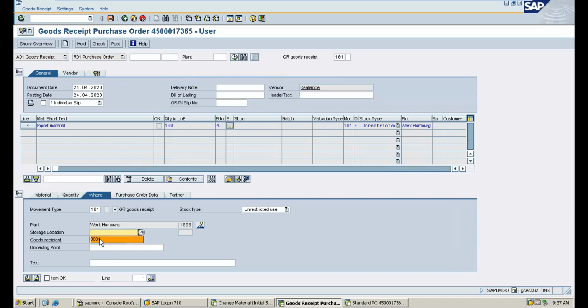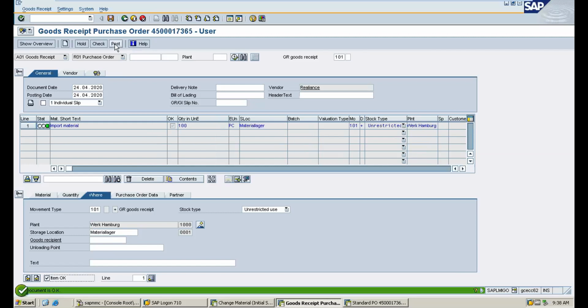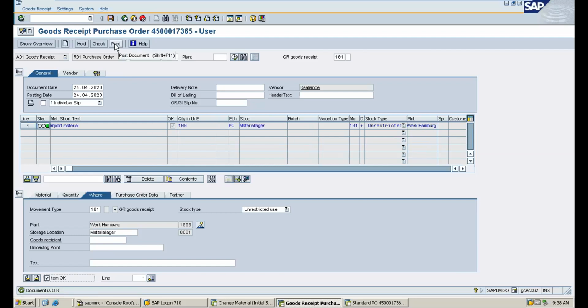So the line item is okay, just check and post. 100 is the quantity. Document is okay. Just post the goods receipt.